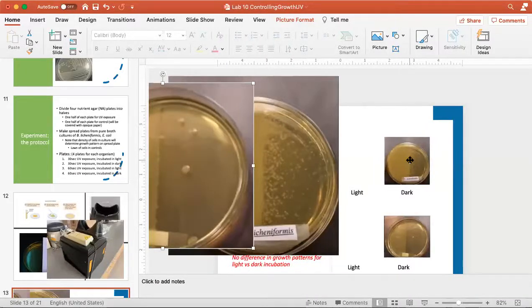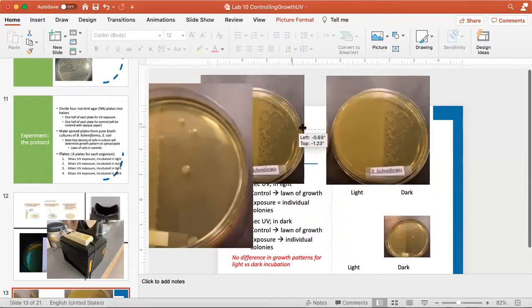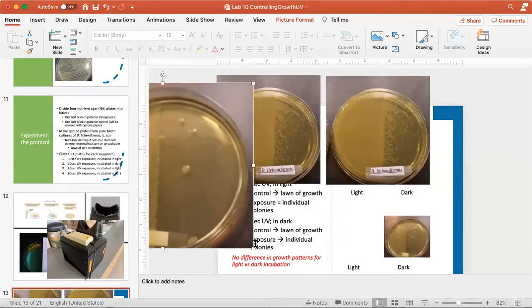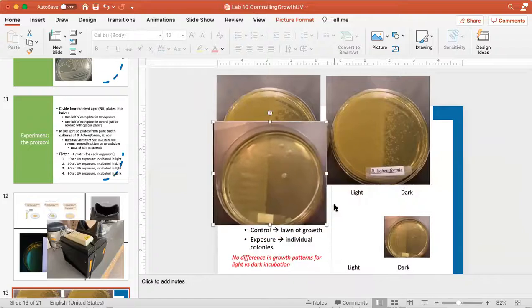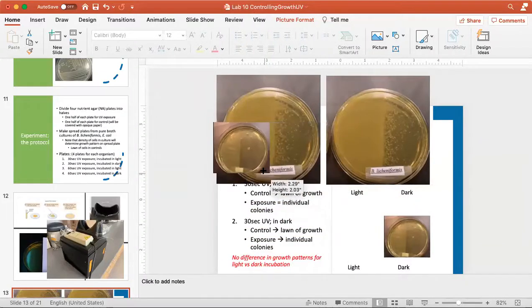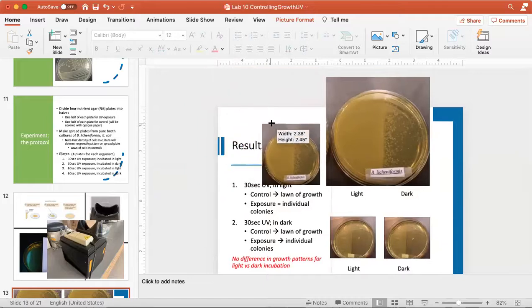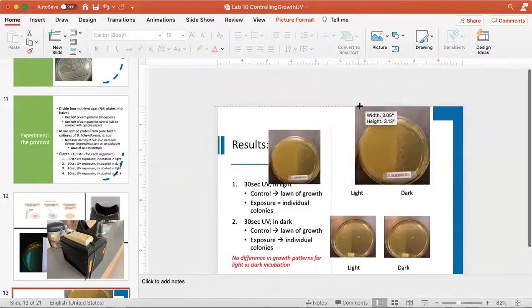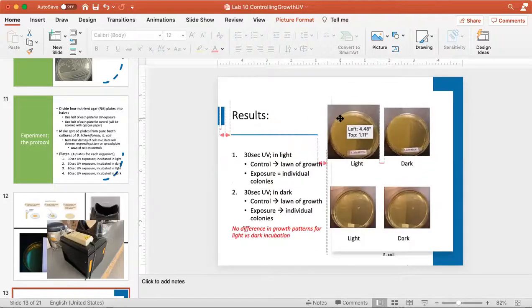Now, some of you who have eagle eyes will notice that I used the exact same images for both the light and the dark plates here. See that? And that's because I didn't have very good luck taking pictures with this experiment, but it doesn't matter, and here's why. I used the same plate in this light image and this dark image. And it turns out it doesn't really matter because at the end of the experiment there was no difference between the light and the dark plates.